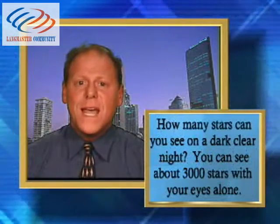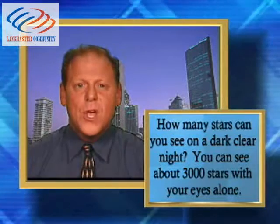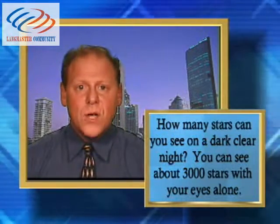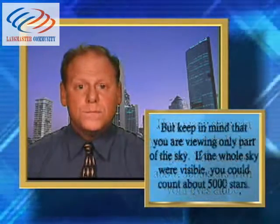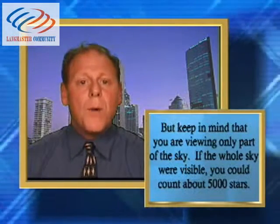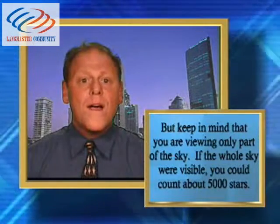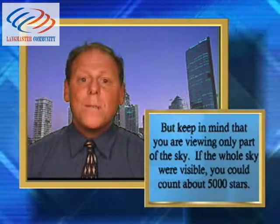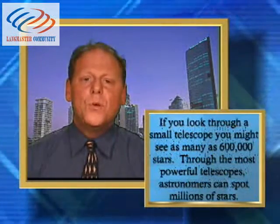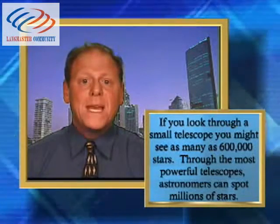How many stars can you see on a dark, clear night? You can see about 3,000 stars with your eyes alone. But keep in mind that you are viewing only part of the sky. If the whole sky were visible, you could count about 5,000 stars. If you look through a small telescope, you might see as many as